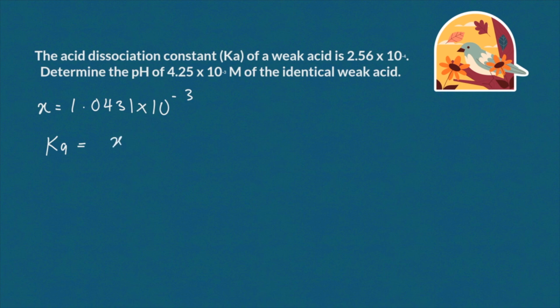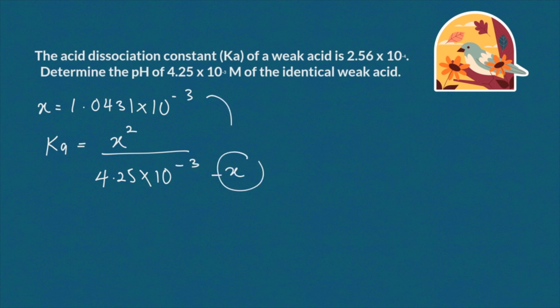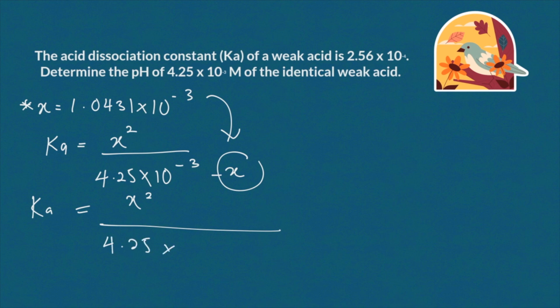So Ka is equivalent to x squared divided by 4.25 times 10 to the power of negative 3 minus x. We are going to substitute this x with the first value of x that we got in the first calculation. So your Ka is equivalent to x squared divided by 4.25 times 10 to the power of negative 3